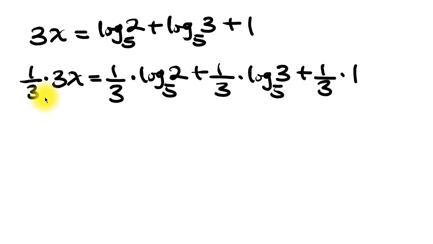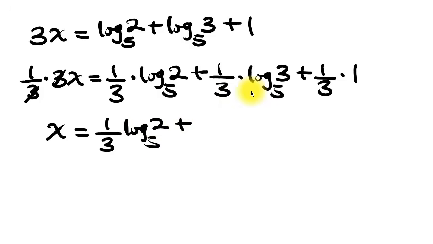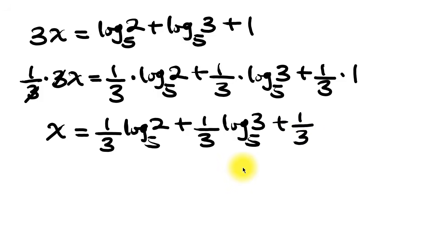times this one. So this gives us 3 cancels out 3. 1 times x, that will be x, equal to, now 1 over 3 times this expression gives 1 over 3 times log base 5 of 2 plus, this becomes 1 over 3 times log base 5 of 3 plus 1 over 3 times 1 is 1 all over 3. Very good. Now we can decide to leave our answer like this, or we can decide to say, okay, this